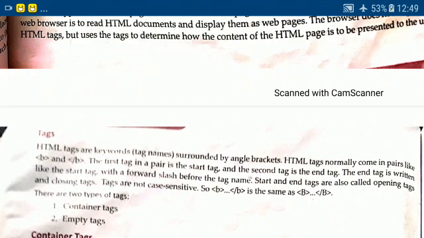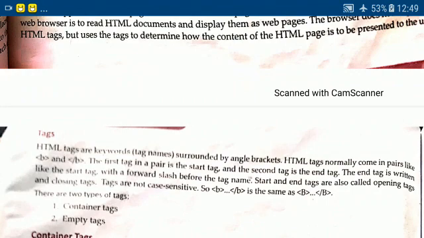When you start a tag, that is the opening tag, you write B and close the bracket; that is your start tag. The end tag is written like the start tag. Both are the same. The difference is the forward slash before the tag name. Start and end tags are also called opening tag and closing tag.